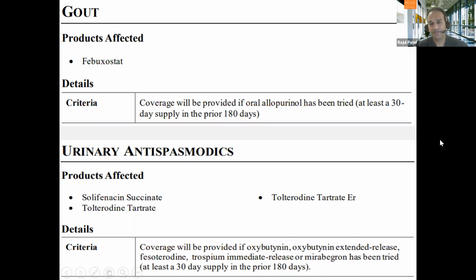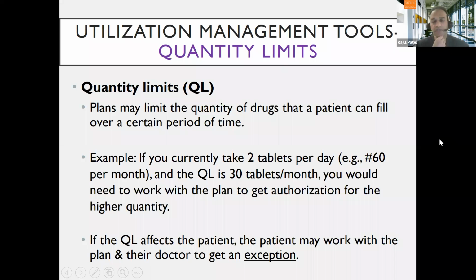The third and last type of restriction I want to talk about is a quantity limit. And this one's the easiest to understand. It basically just means you can get a certain amount of a medication over a certain period of time, right? So if the quantity limit is 60 tablets per 30 days, and you only take 1 tablet a day, this is a non-issue. You only need 30 a month, it's not a problem. But what if you take something 3 times a day? You need 90 tablets a month, and the quantity limit is 60 tablets per month. Now we're talking about an issue, right? Because you need the medication at a higher amount than the quantity limit for the plan.